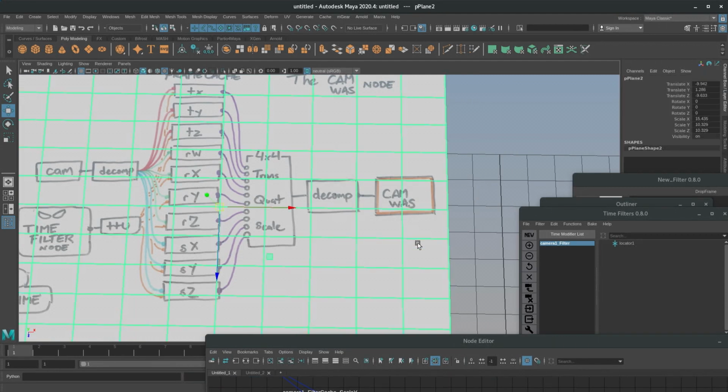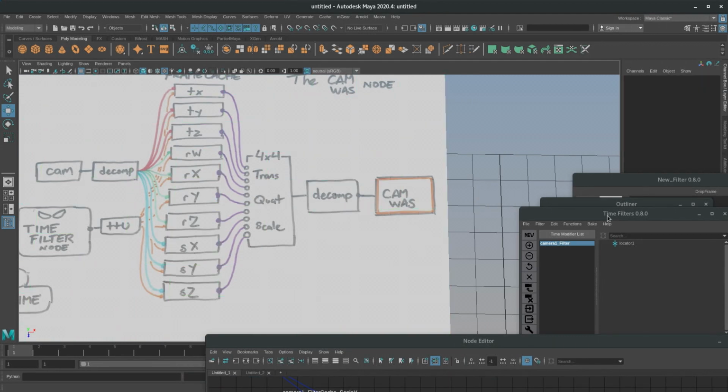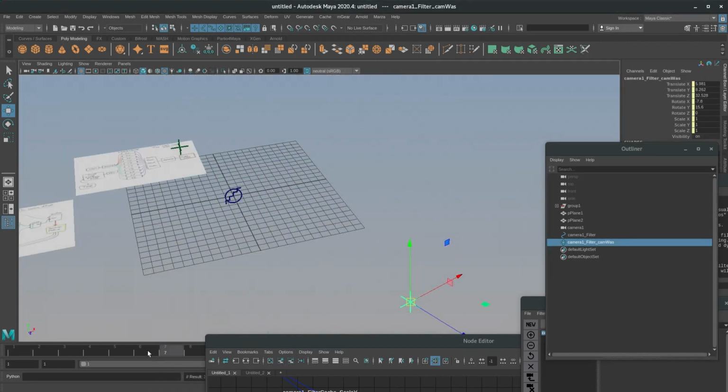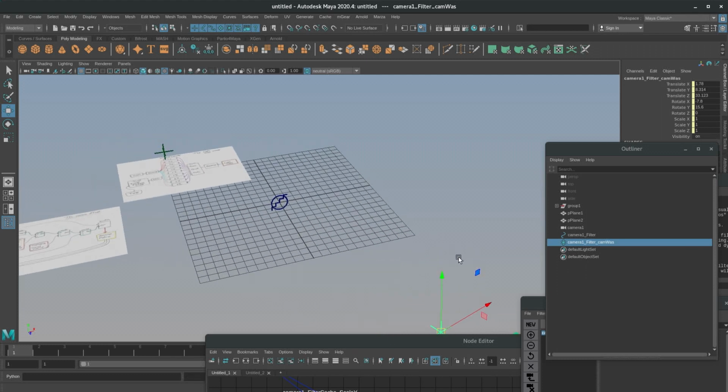That gets decomposed, and the translate, rotate, and scale go out into the CamWas node, and that's what we have right here. And as the camera moves around, so too does the CamWas node. So we need that. We need to know where the camera was, because that is the space we're going to be multiplying through our camera offset matrix.